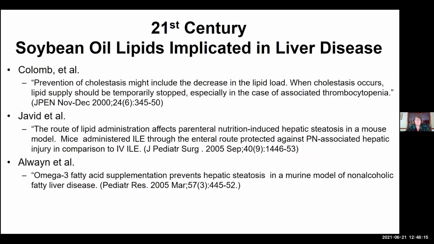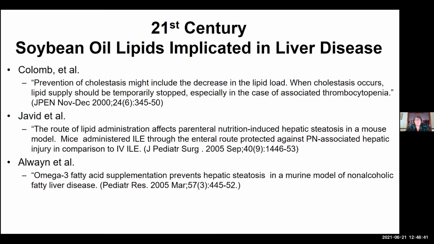So in the 21st century, we started thinking a little bit differently about liver disease and lipid emulsions. Back in 2000, Dr. Ginny Colomb in Paris suggested you hold the soybean oil lipid emulsions when patients had thrombocytopenia or liver disease, or you reduce the dose. And in the US, Patrick Javid, when he was in the Puder lab in Boston back in the early part of this